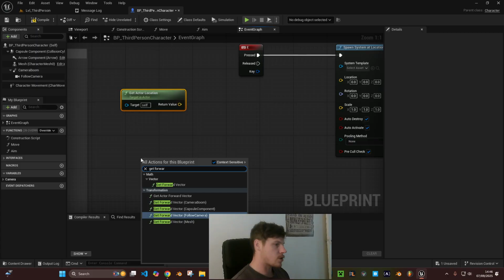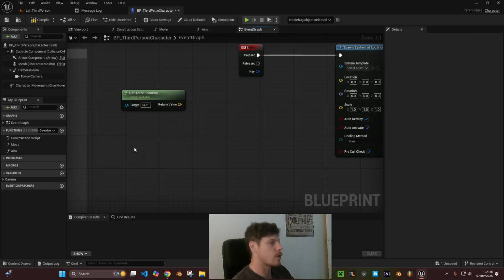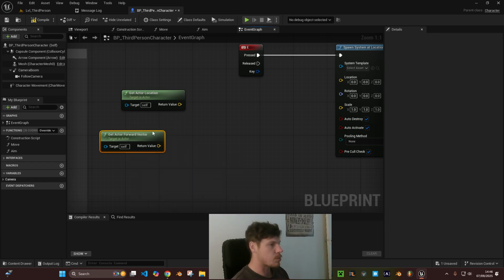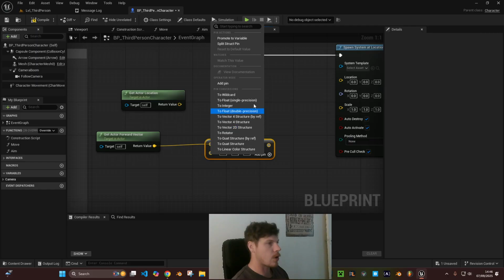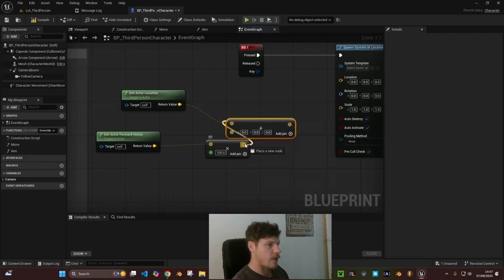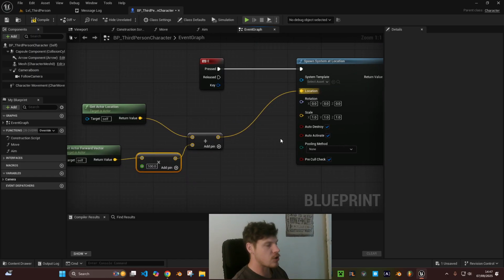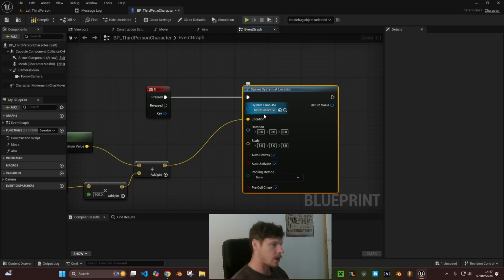Get forward vector. What I'm doing basically is I'm just going to say, whatever's slightly in front of the character, let's just put it there. So forward vector, multiply that by a float. This is similar to what you would do if you're doing a line trace, just to get in front of you. So we'll do 100 units in front. We'll get that, add them together. Effectively, I'm taking our location and then adding 100 units into whatever forward direction we're doing. So this is going to spawn in front of us, and then what we'll do is we'll pick the